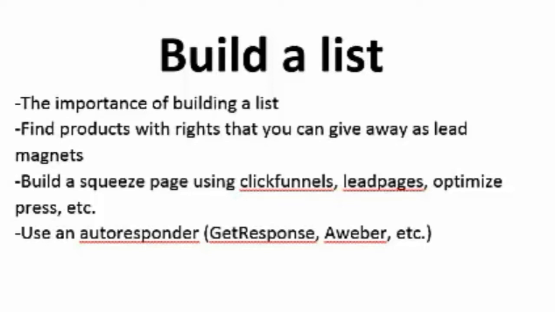Okay, and another thing you want to do is you have to have an autoresponder when you are building a list. An autoresponder is a software tool that you use to collect a database of your subscribers, and it'll also automatically send emails to your subscribers. Okay, and you could also send messages whenever you're promoting products to all your subscribers using an autoresponder. The top ones out there are GetResponse and Aweber, and there are a few others that are pretty good. I highly recommend GetResponse though.